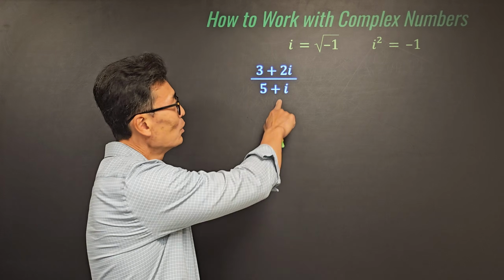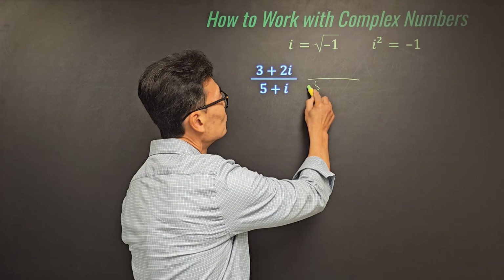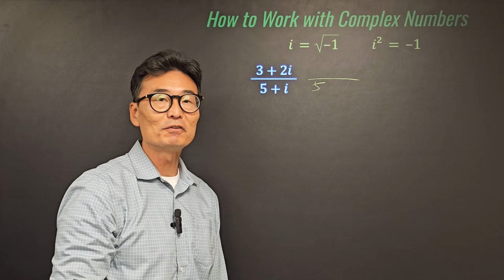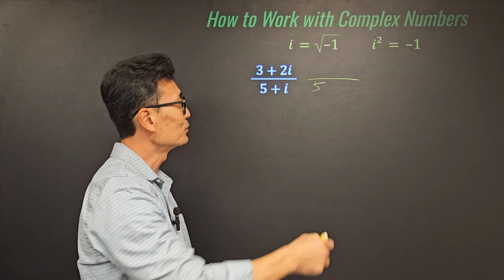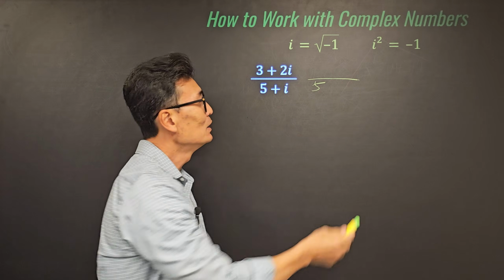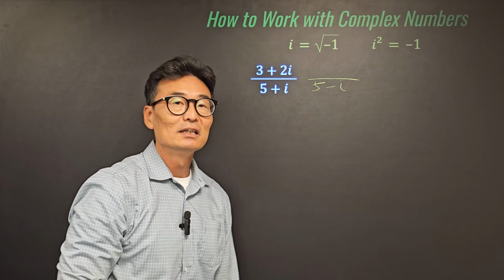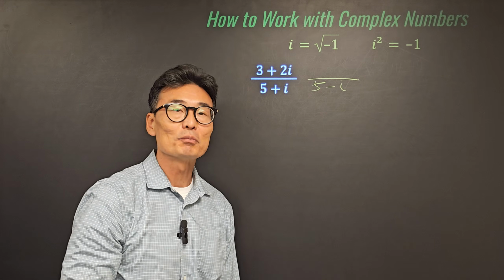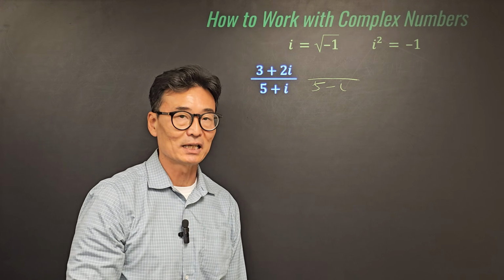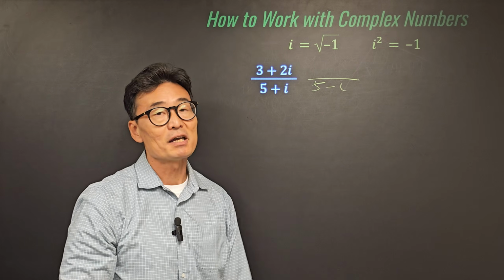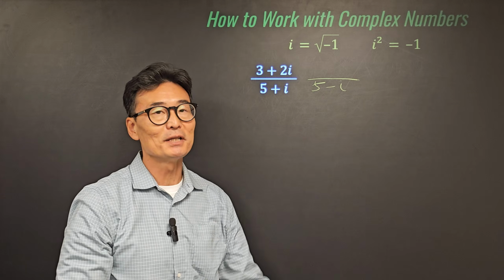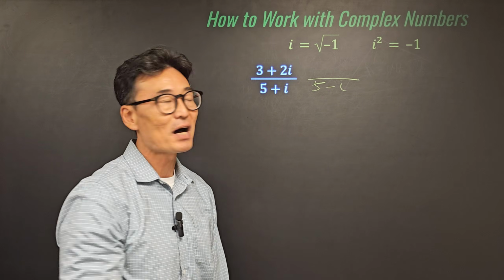Meaning, we'll take what's on the bottom, multiply by the same real number, however, the opposite sign of the imaginary number. Since we have a positive i here, we need to go ahead and change that into minus i. So if we have a 5 plus i, we want to multiply by its conjugate, again, which is 5 minus i. And of course, if you multiply by 5 minus i in the denominator, we have to go ahead and multiply by 5 minus i